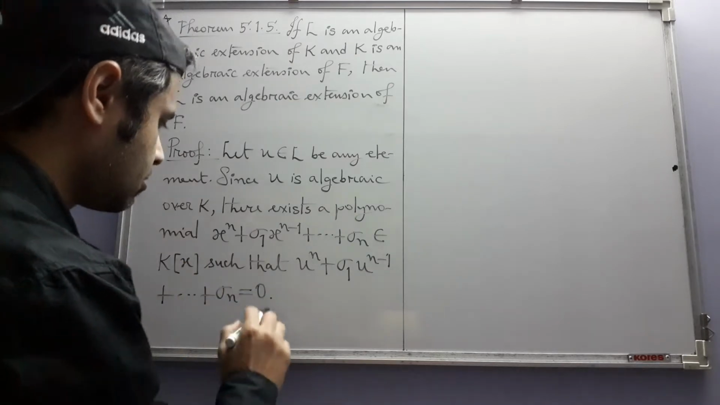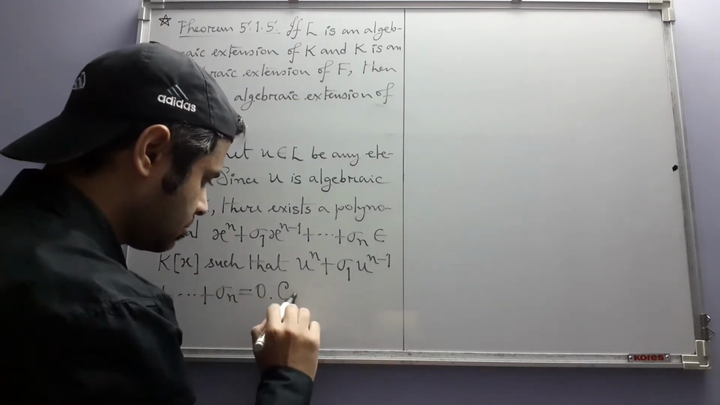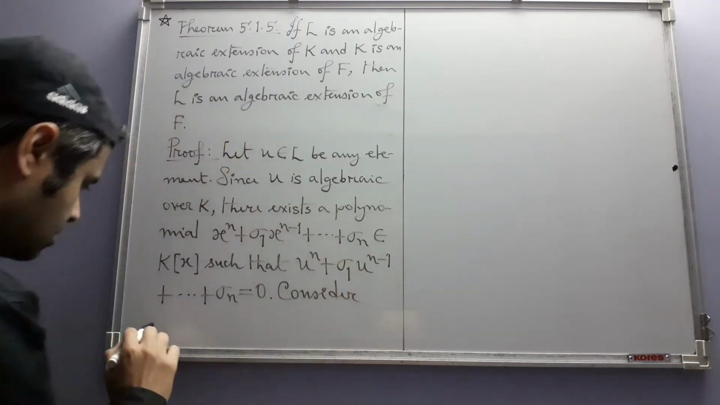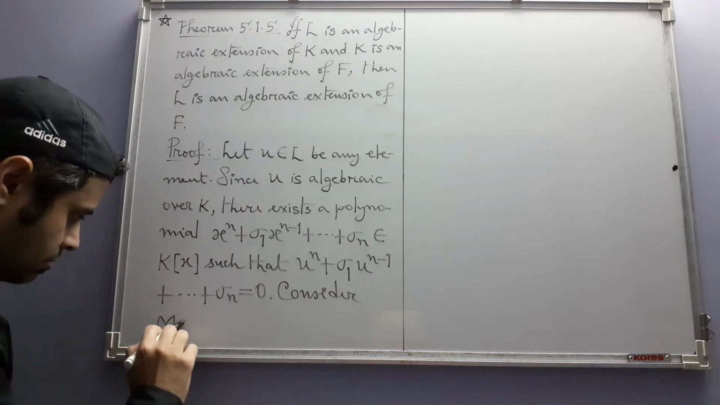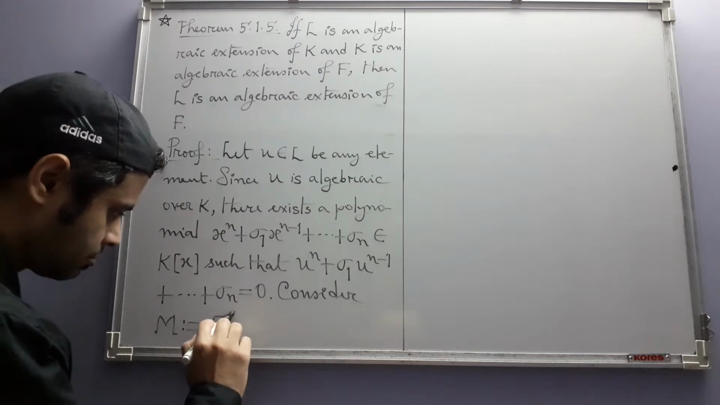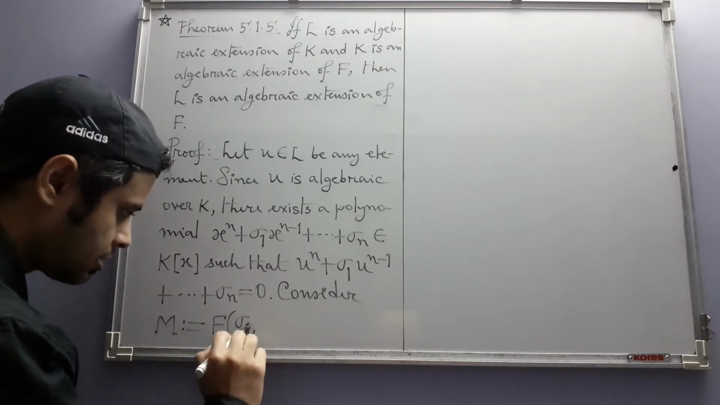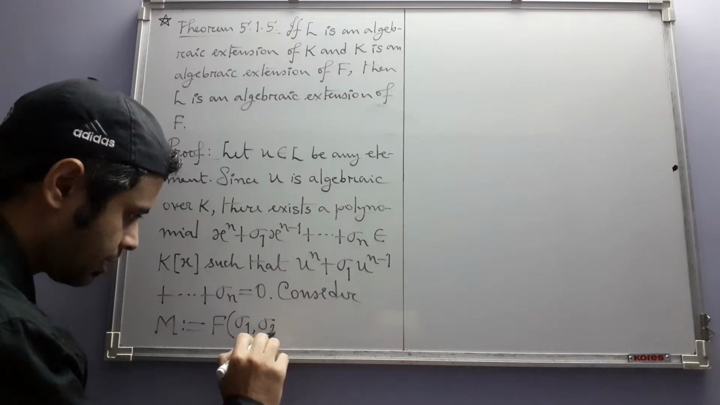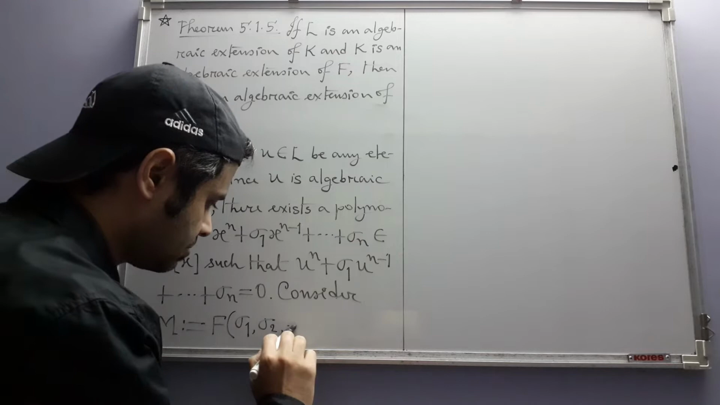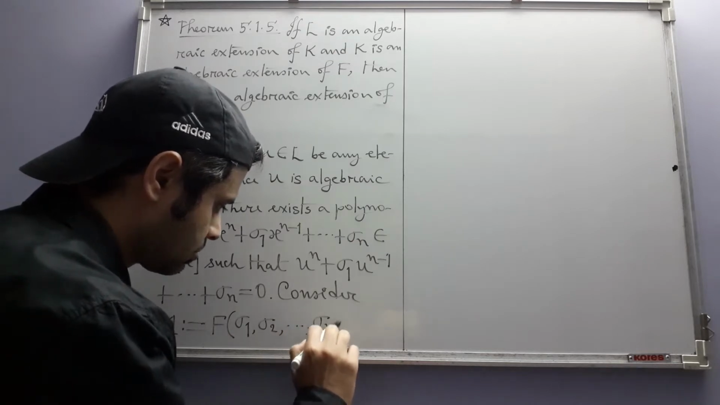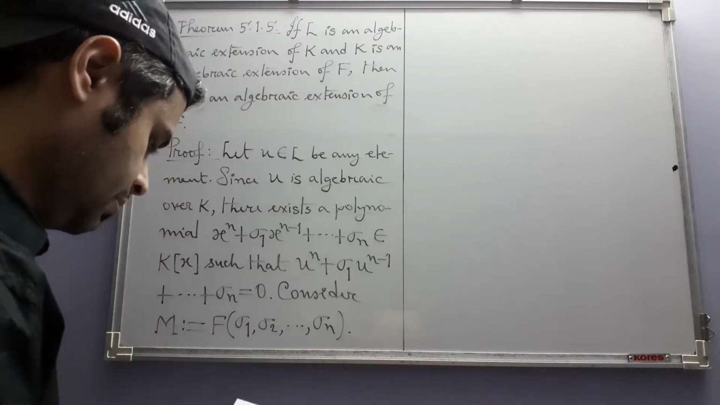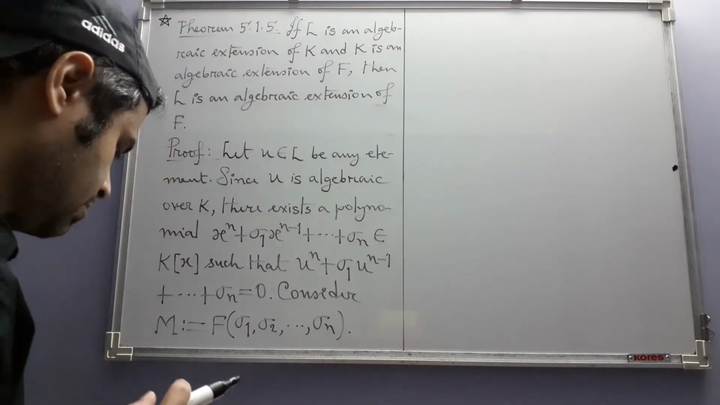Okay, now we are going to consider this extension, the extension obtained by adjoining these elements sigma 1, sigma 2, etc. to F. And then the confusion started. The proof says this: